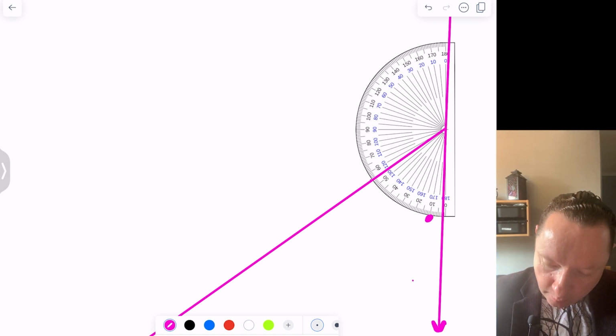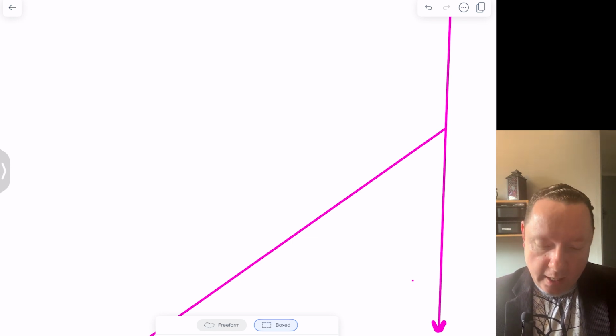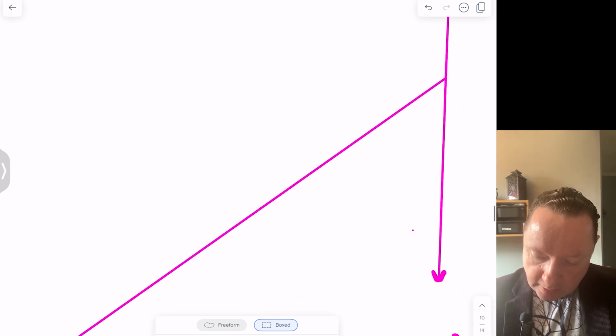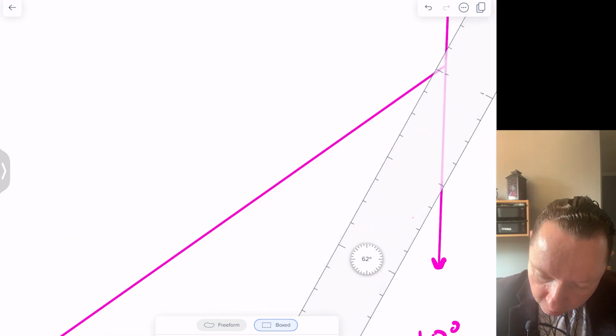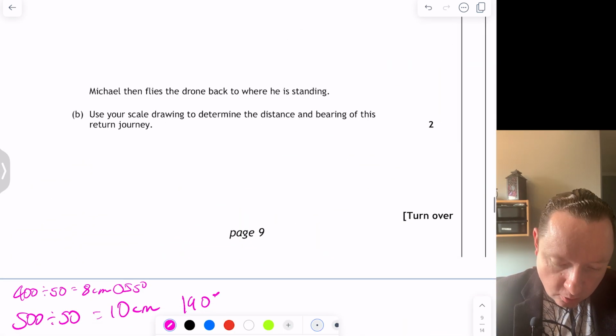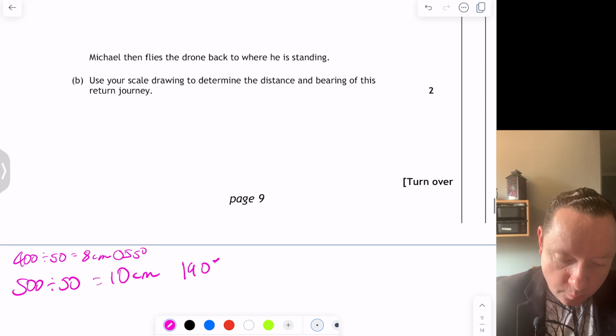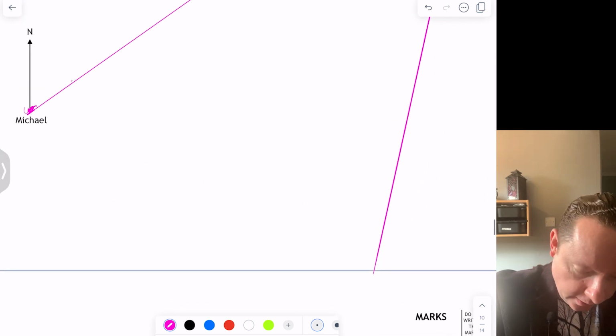But again, I'll be quite inaccurate because I'm using an iPad, so you just try your best to be as accurate as you possibly can. And we worked out that was going to be 10 centimetres, so you get your ruler again, line it up from your centre, remember, always starting from your centre. As you draw back to where you started, you just scale draw to determine the distance and bearing of the journey. Now mine is not very accurate because I couldn't actually get a line of 10 centimetres, but basically